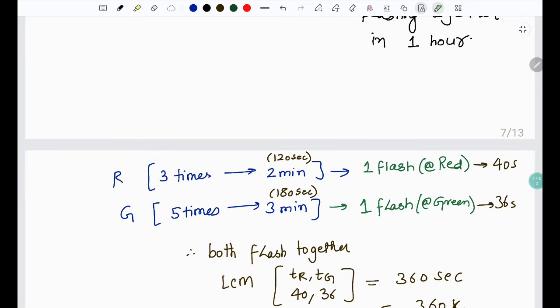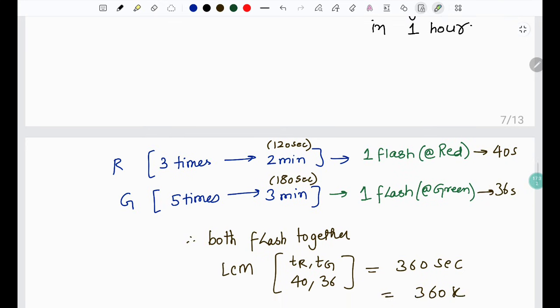So we'll check in how much time duration they flash one time. So one flash of the red will be what? 120 divided by 3, since 2 minutes is 120 seconds, so 120 divided by 3 will be 40 seconds. That means one flash of the red will be coming in 40 seconds, and at 80 seconds there will be 2 flashes, and at 120 seconds, which is 2 minutes, there will be 3 flashes or 3 times. Similarly, dividing 180 by 5, we get in 36 seconds there will be 1 flash of the green. So since both are individually flashing at a time duration of 40 seconds and 36 seconds, we just have to take the LCM of these flashes